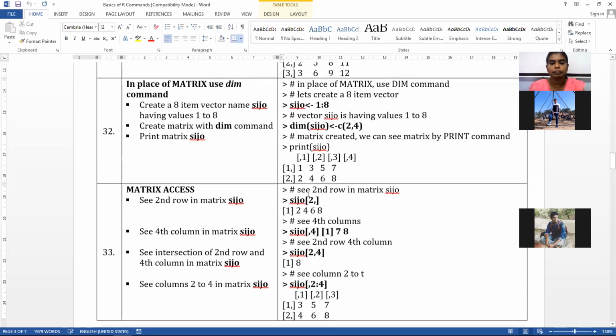But here we are not creating a vector and a matrix; we are creating one vector and changing the dimension of the vector into a matrix. How am I doing it? With the help of a command called dim, dimension. So I am changing the dimension of my variable, by defining the number of rows and columns. Shall we try this command now?